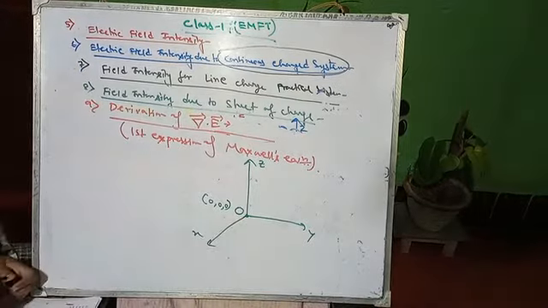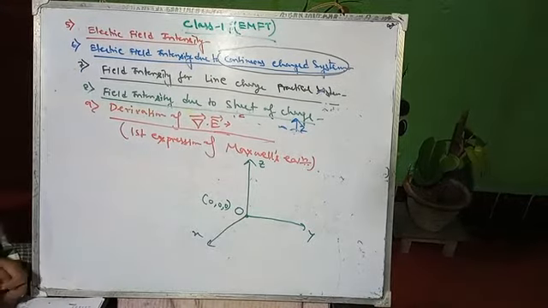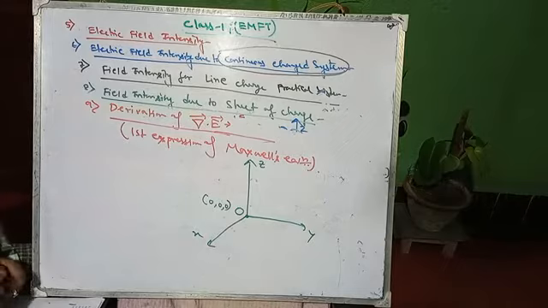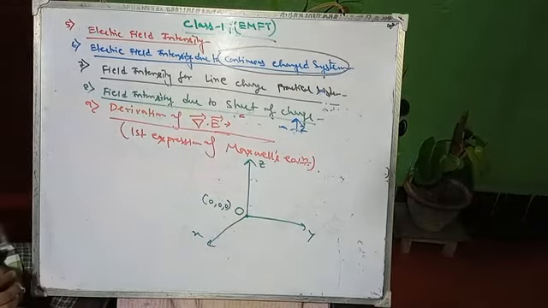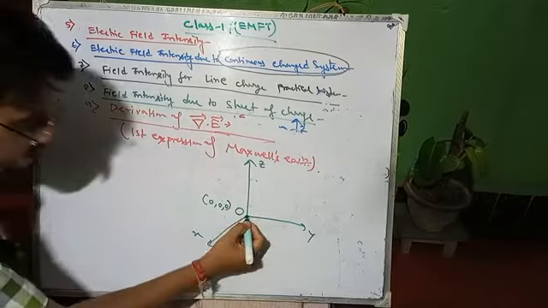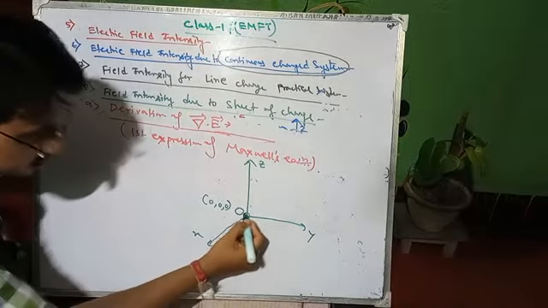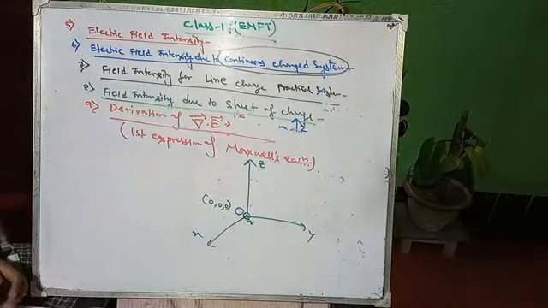Okay, and a single point charge Q is located at point O, and that is the center. Then the electric field at a position r vector,